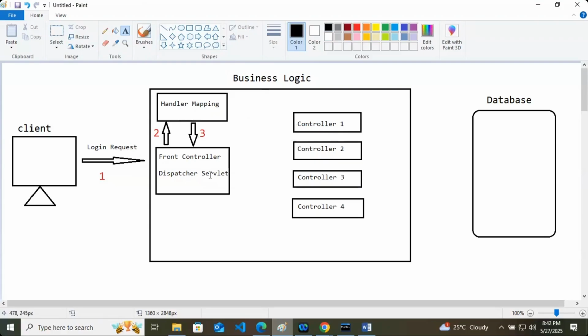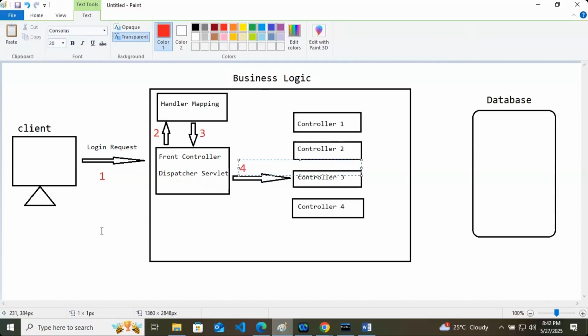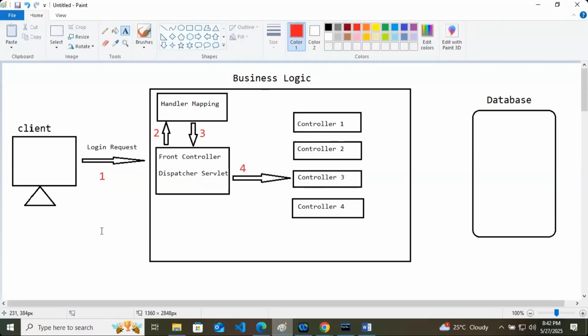Handler mapping will say that controller 3 is handling the logic of login, just for a case. Then the front controller will send that request to controller 3 or any other controller, controller 2, 3, 4, doesn't matter, which is your fourth step.